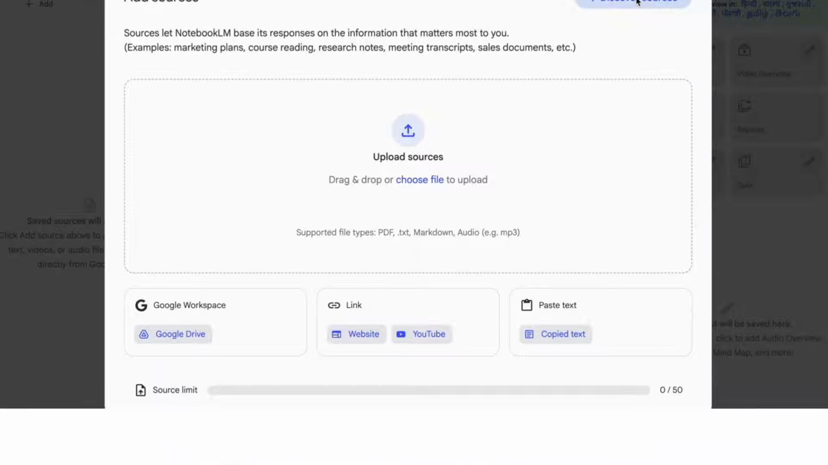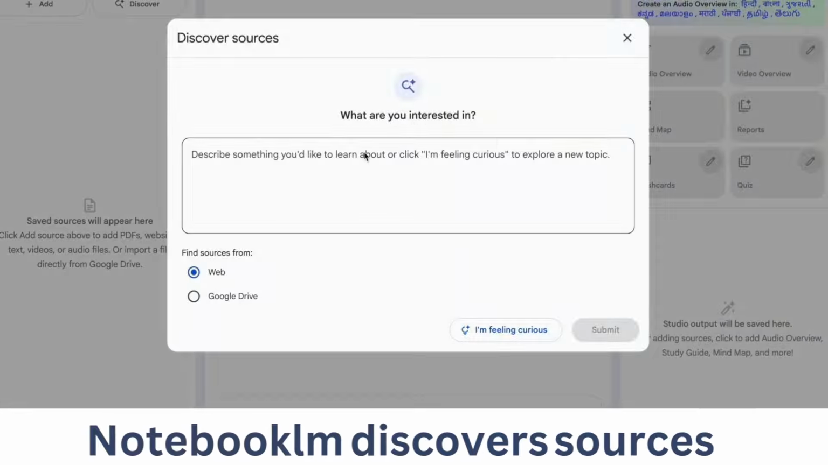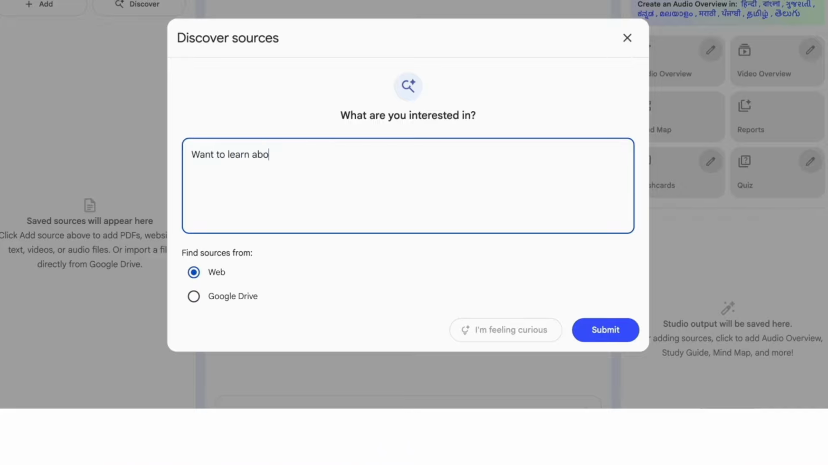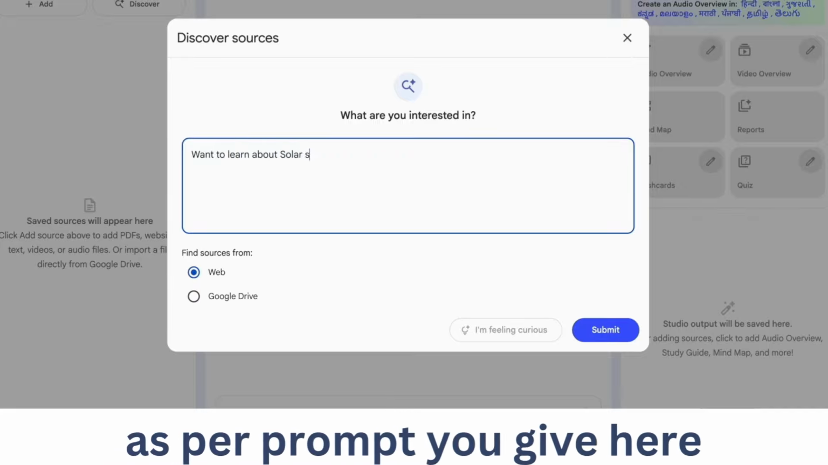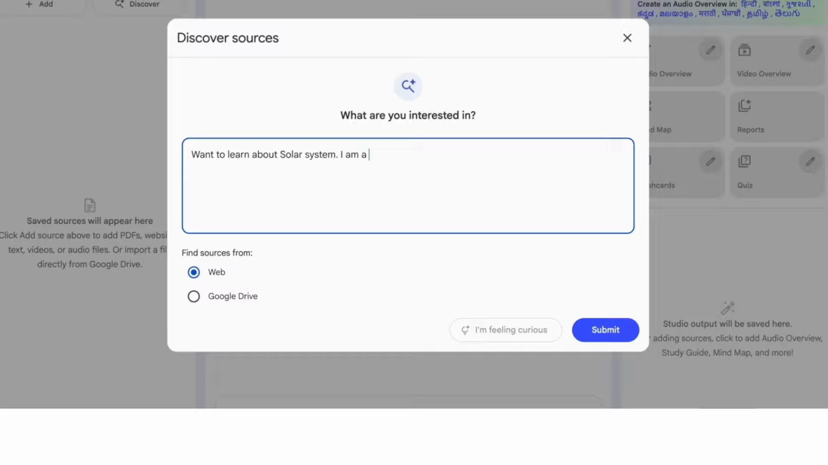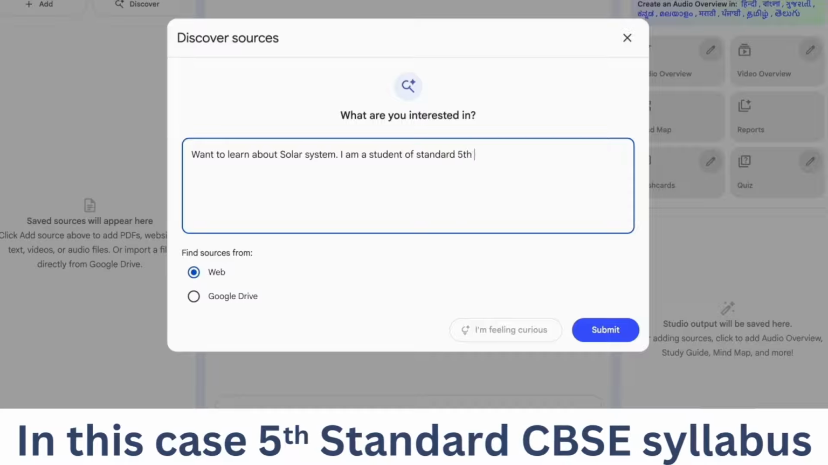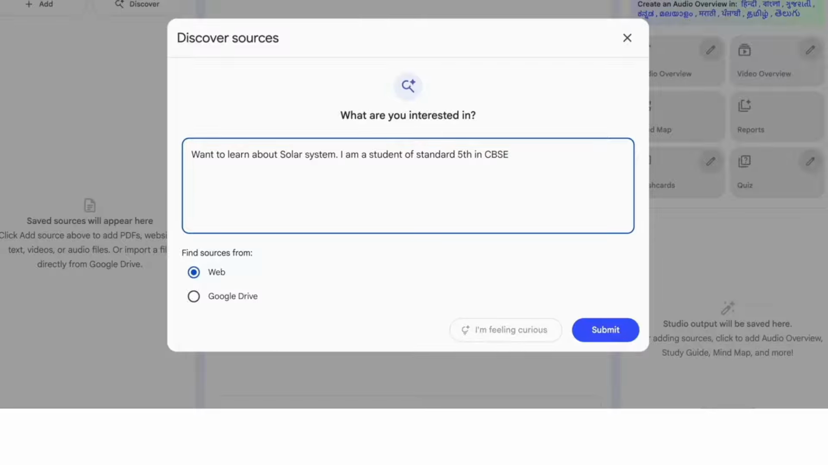Now NotebookLM will discover the sources for you as per the prompt that you give over here. In this case, we are trying to learn about the solar system in the fifth and sixth standard. You just need to give a prompt stating that you want to study the solar system and you are a student of fifth class or sixth standard, whatever it is. In this case, we have taken fifth standard, and if you want to specify the board or specific things from where it has to pick up the material, you just need to give the prompt over here,